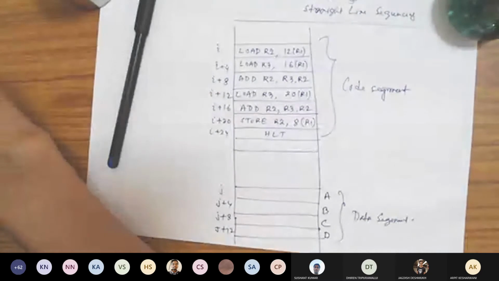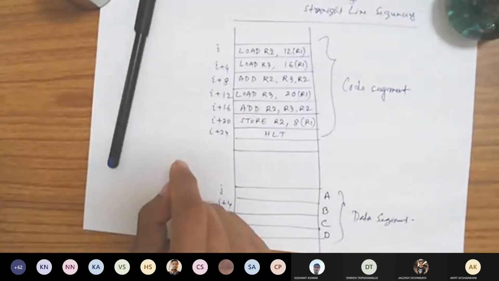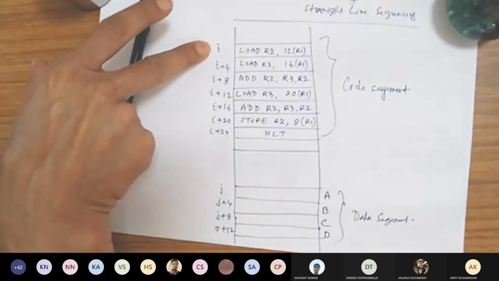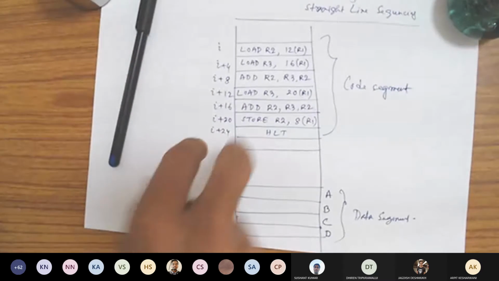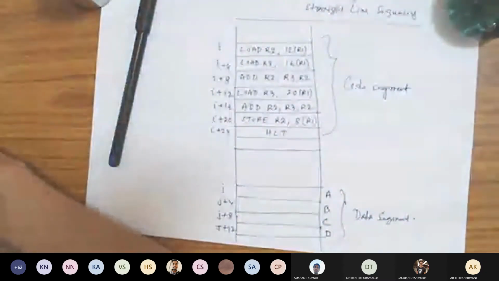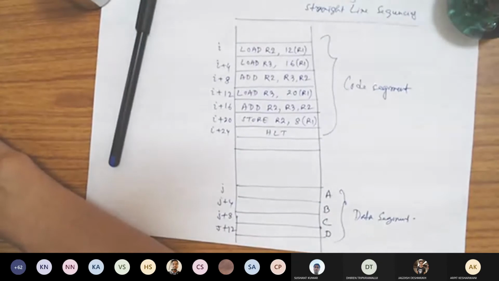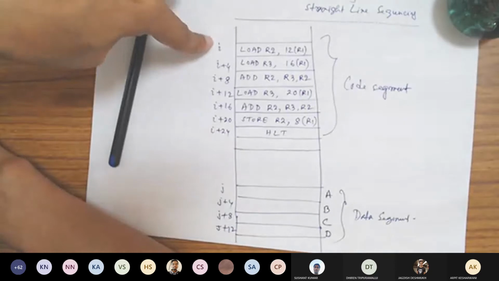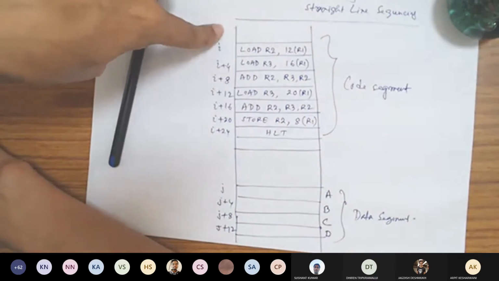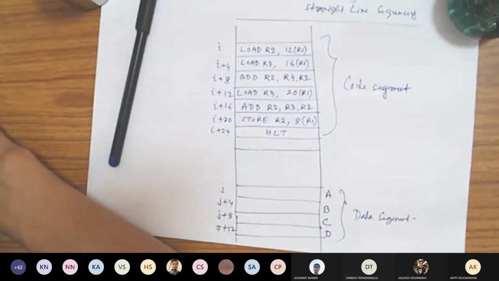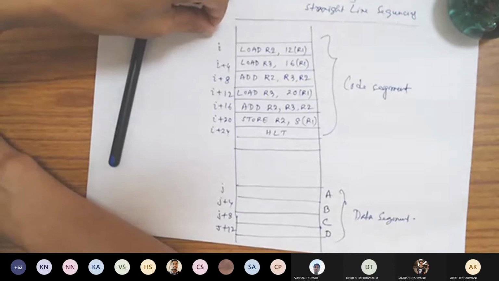So as an operating system, what it provides are these links. What is the value of I? What is the value of J? Because these are all relative. You don't get absolute values while you write the program. So it is the job of the compiler to provide these values. Where will the compiler get them from? The compiler will obviously get them from the operating system. The logical values you will get.